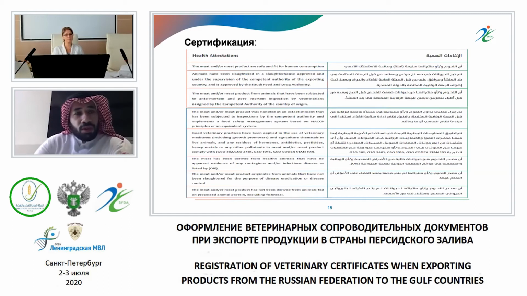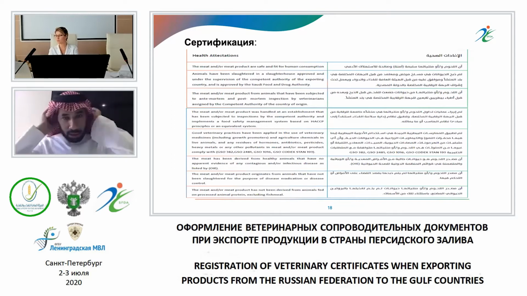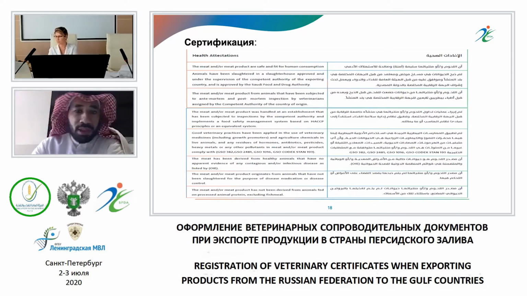So now we will go to the health attestations. Each health certificate is divided into 3 sections. The first section was the previous slide, the information about the establishment and the shipment itself. And this section is the health attestation. Mainly, you will find it in all the certificates, and then we will come to the specific attestations related to red meat from the specific country. So this is a general attestation